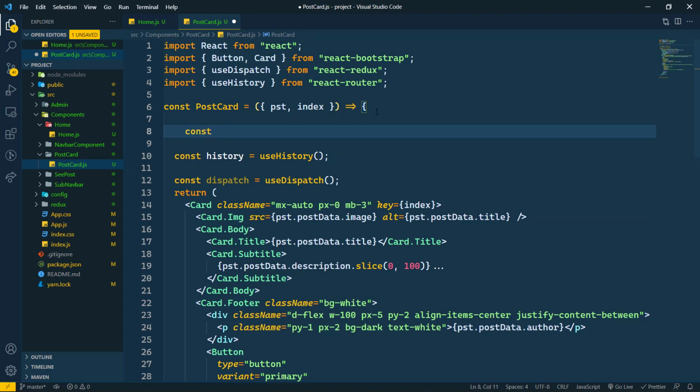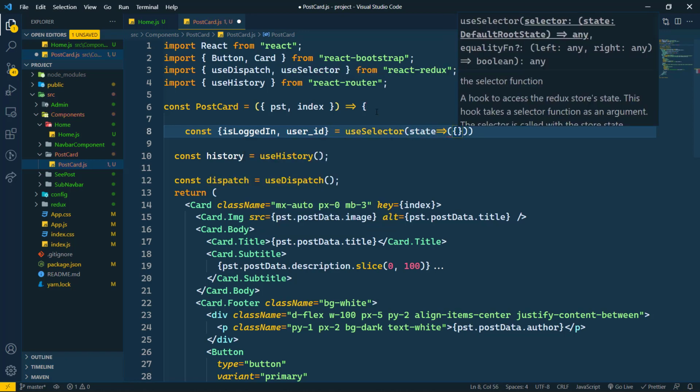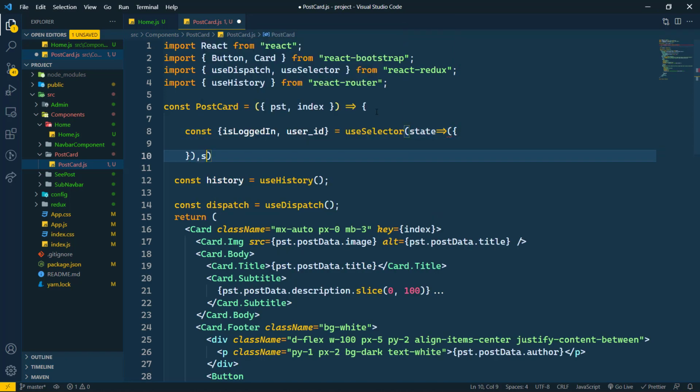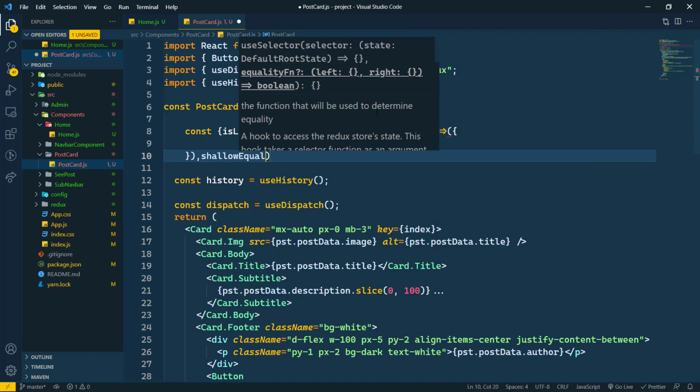I'm going to use const, and first of all we will get isLoggedIn, if the user is logged in, and the second thing we want is our user ID here. So that we will get from the useSelector. This we are getting, and this is our state. It will return us the object here, and then shallowEqual.